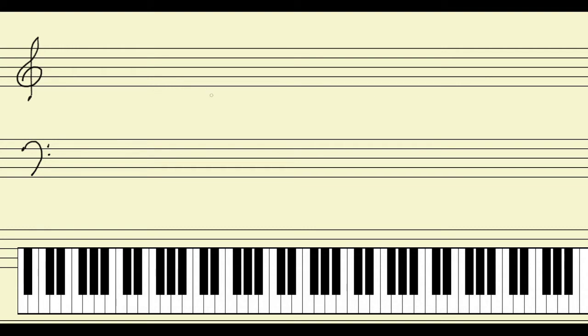Let's start on middle C, and let's suppose we want to move up a minor second from middle C. But we want to do this over and over and over again. We're just going to keep moving up by a minor second and seeing what happens. Well, we'd start on middle C. We'd move up a half step to C sharp,